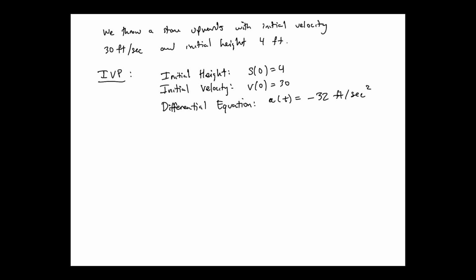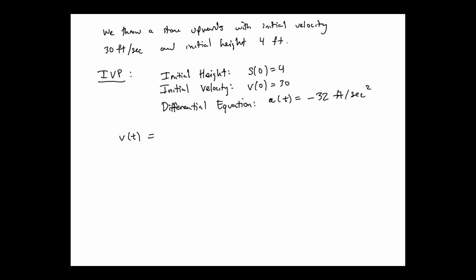Negative 32 feet per second squared is the imperial unit version, and it's assuming, I think, sea level on Earth. If we did this on the moon, obviously, then the value would be lower. So, okay. What I need to get to velocity is that v of t is going to be